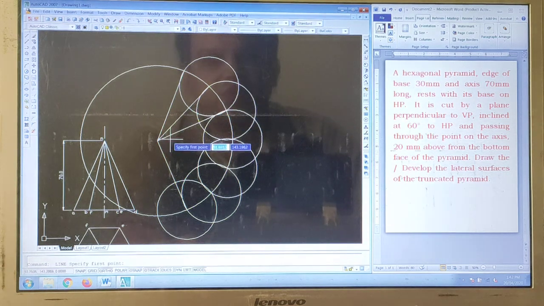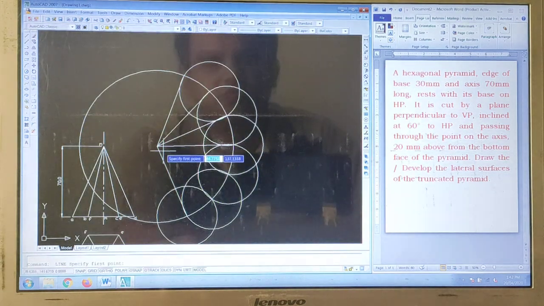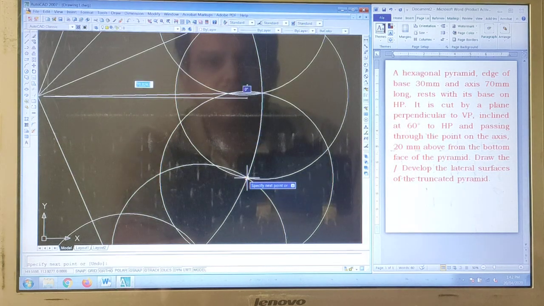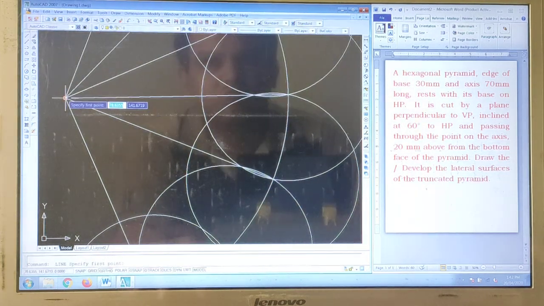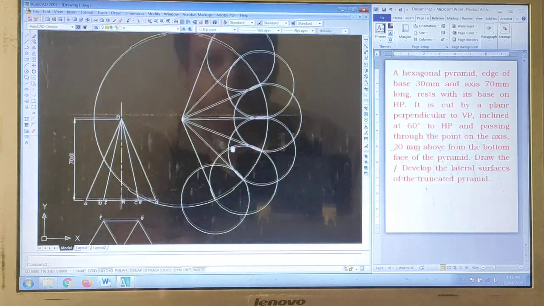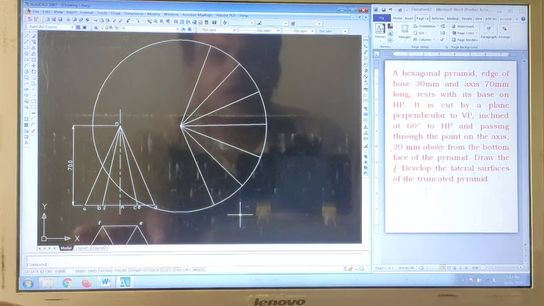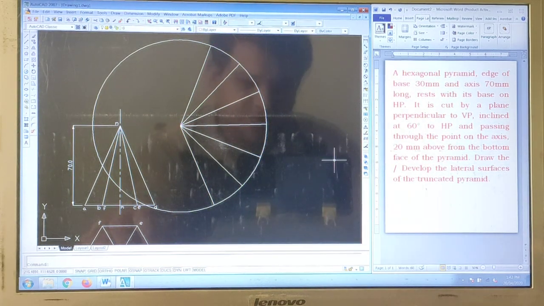Similarly, all lines we are going to draw. See, this is how we can draw the lines. Now these circles can be erased right now, because the role of the arc has been done, isn't it?